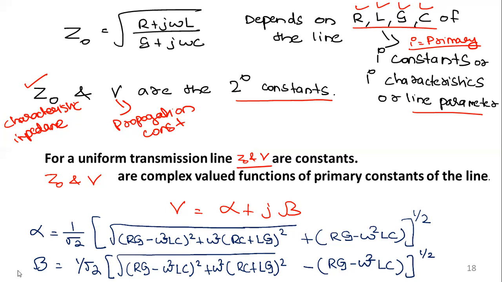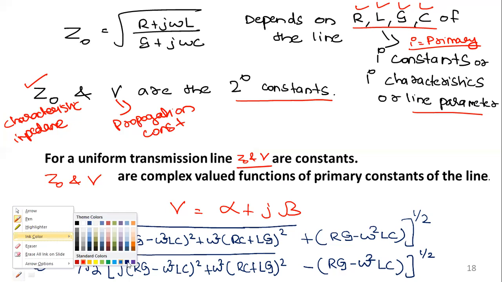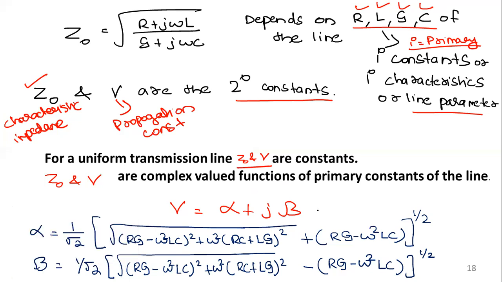So you can write gamma is equal to alpha plus j beta, as we already saw, and then we can find the general term for alpha. This derivation is actually not required, but you can just understand that alpha and beta for a uniform transmission line will be this expression. So this much only is required, or even it is enough that you study up to here, and this equation also you can ignore, but this is how you get it. This is the equation that we get for the general term.